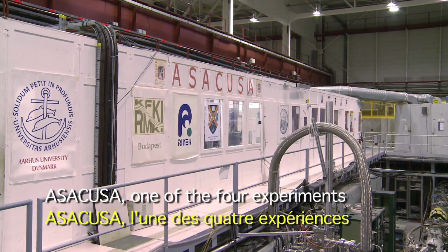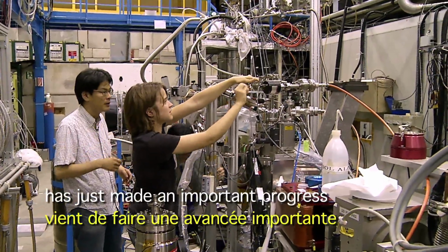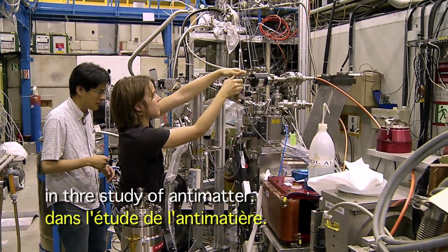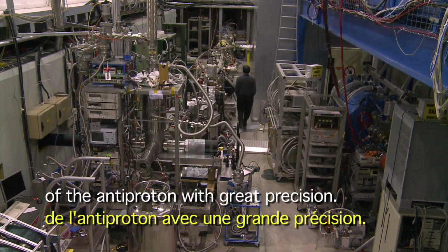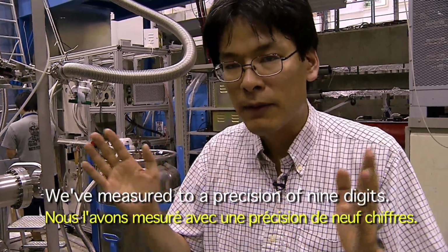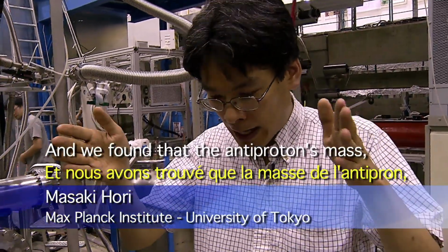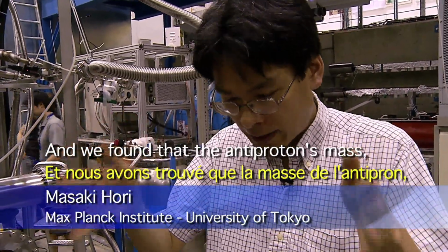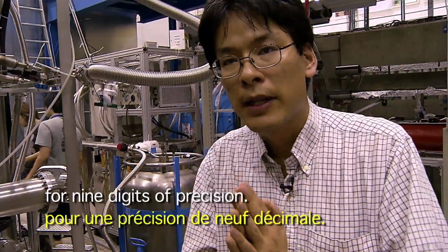ASACUSA, one of the 4 experiments at CERN's antiproton decelerator, has just made important progress in the study of antimatter. The experiment has measured the mass of the antiproton with great precision. We've measured to a precision of 9 digits. And we found that the antiproton mass is exactly the same as the proton mass, so therefore 9